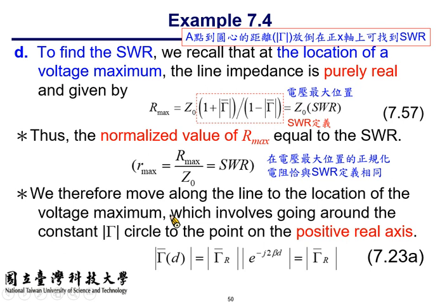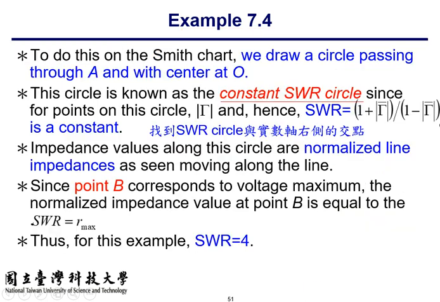So the reflection coefficient at any point, gamma at position d, equals the reflection coefficient at the termination. All right? And on the Smith chart, we can draw a circle passing through point A with its center located at the origin. So I recommend you bring your